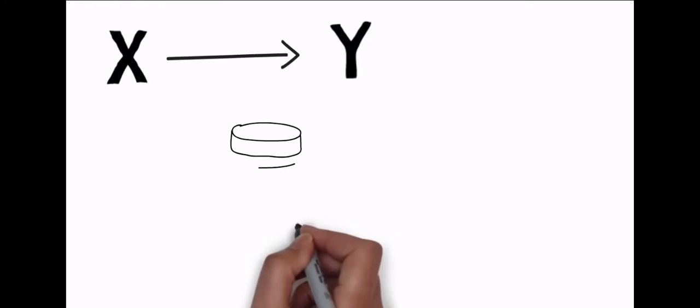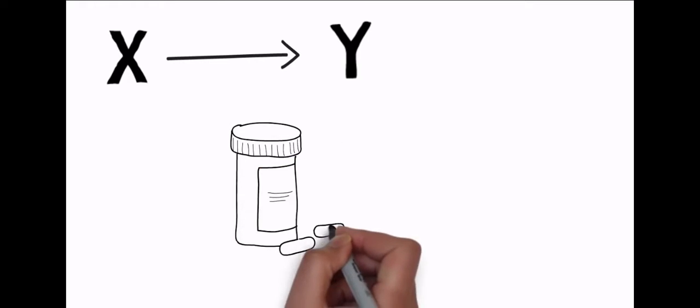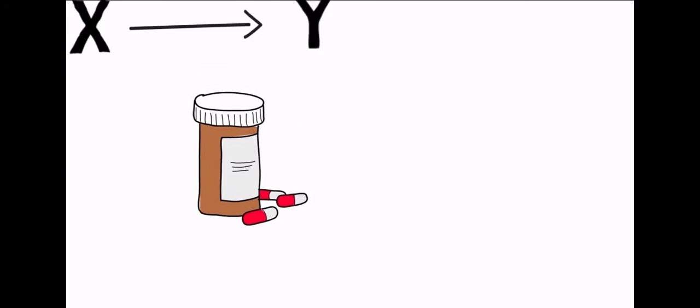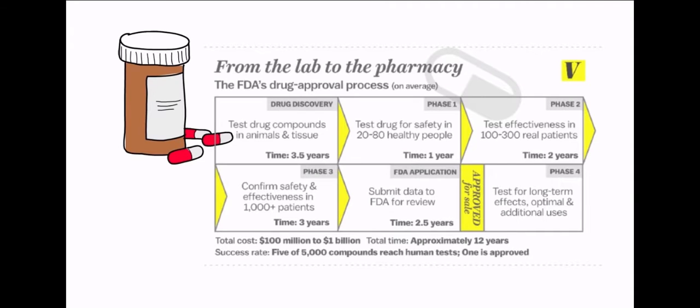Unlike correlation, causation is when you can claim that one thing causes another thing to happen. In order to make this claim, you need to be able to demonstrate an actual cause and effect relationship, preferably a strong relationship. An example most of us are familiar with is the pharmaceutical industry. In order to make the claim that a particular drug causes a certain effect, such as lowering your cholesterol or growing hair, the FDA requires companies support those claims, putting the drug through a 4-phase, 12-step process that takes approximately